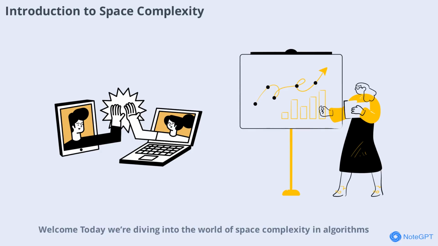Welcome. Today we're diving into the world of space complexity and algorithms. When we talk about algorithms, we often focus on how fast they run, but it's just as important to consider how much memory they use. Space complexity helps us understand and measure the amount of memory an algorithm needs to solve a problem, including both the input data and any extra space required during execution. By the end of this video, you'll have a clear grasp of what space complexity means and why it matters